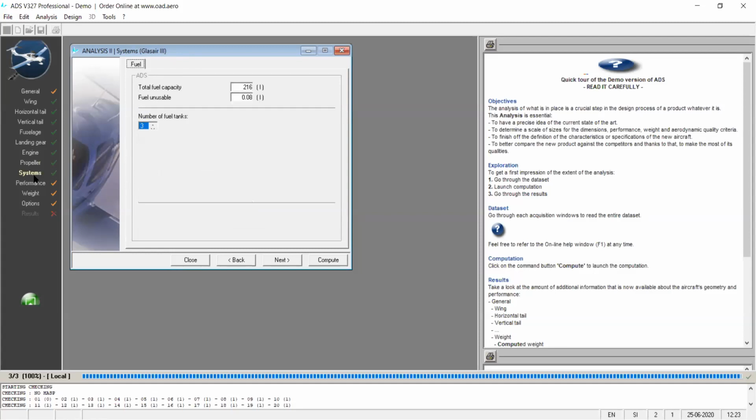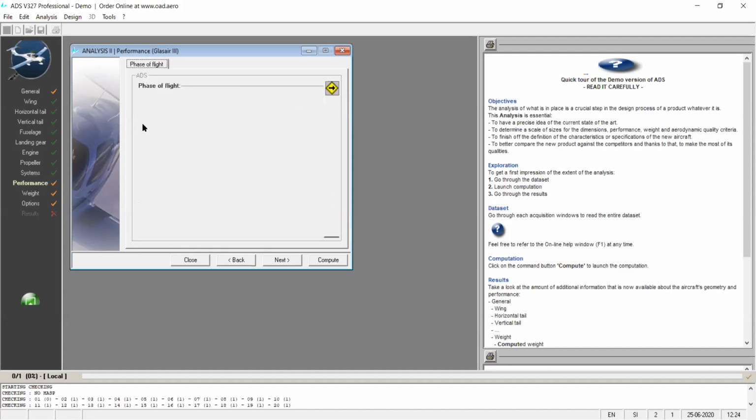And systems, we can see here, total fuel capacity around 260 liters. How much fuel is unusable? Yesterday I was discussing trapped fuel, reserve fuel, mission fuel. You understood? Yesterday we spoke about mission fuel, which is used for the mission purpose, trapped fuel, and reserve fuel. This is called unusable fuel. It's a reserve fuel, 0.08. It's trapped. We cannot use this. Trapped fuel we'll call it. It's 0.08.